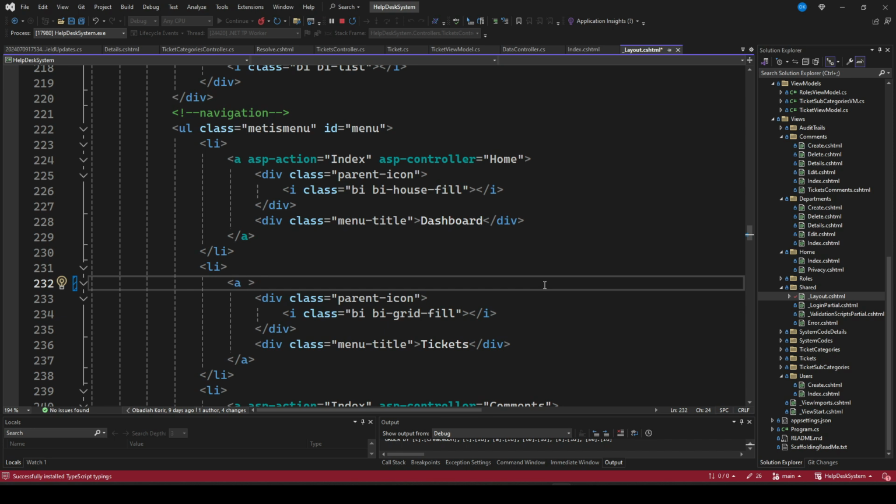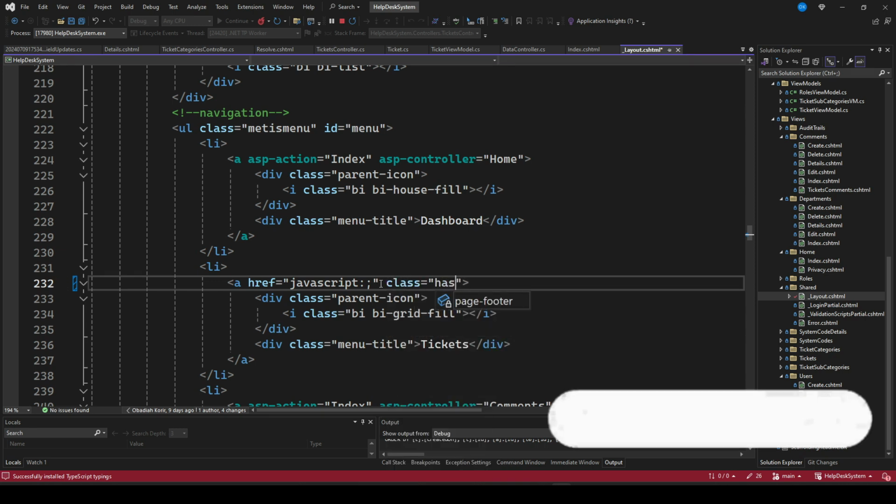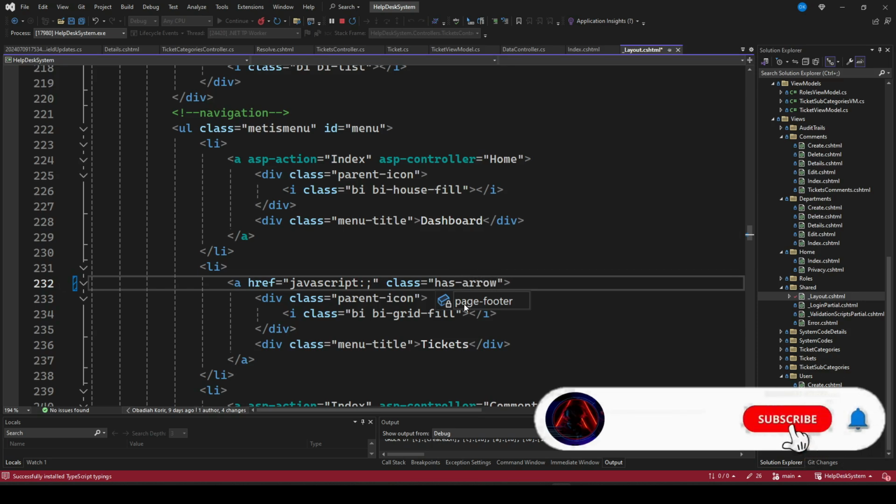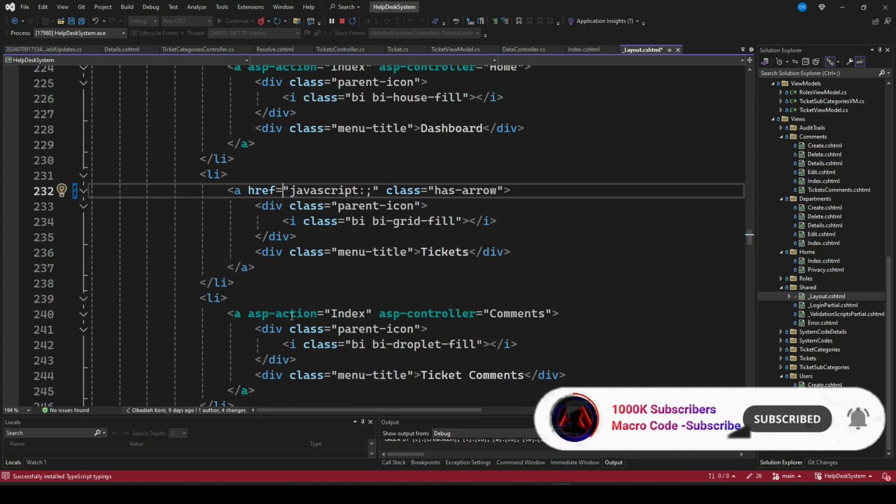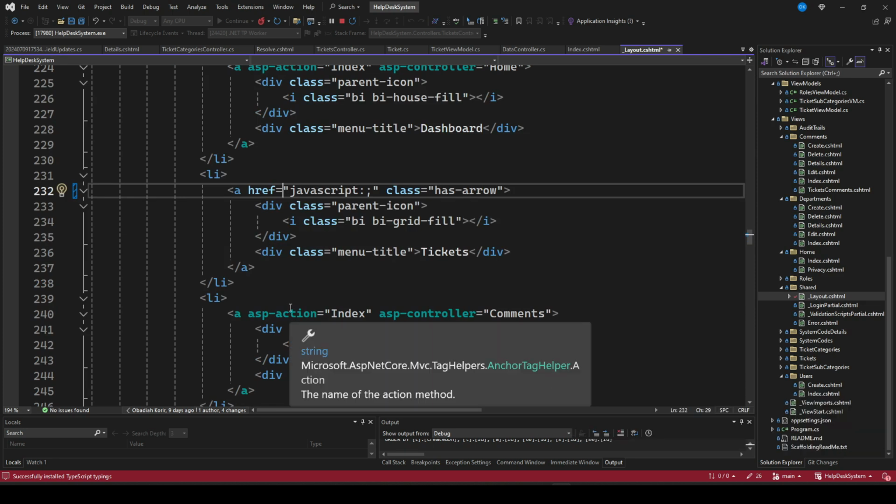Then I want us to say here, href. So I'll just do href. Then I can do here JavaScript. So then I'll just do comma. Then here I'll do class. Then I can say has. So this depends on your template, guys. So don't copy what, so this is my template. You can actually download any template that is available, like the AdminLTE, and you can always follow what we have. But in case you need this kind of template, then you can claim our source code,